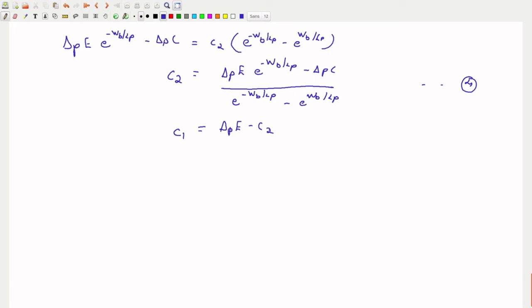From that we can find C1. So this will be equal to delta PE minus this equation,